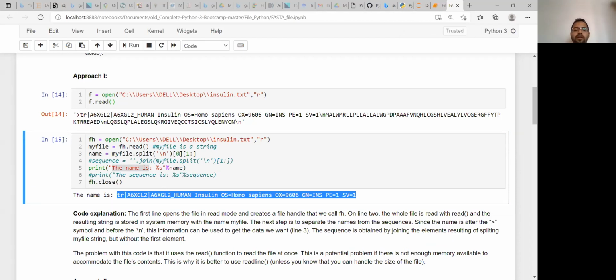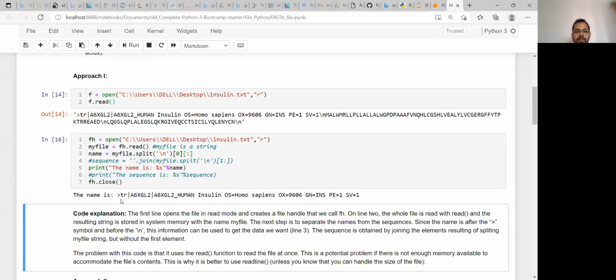When you are practicing with this kind of code, you can play with these values. If you are in a confused state, you can change these things and change the output, so it will be more clear what is going on. Suppose you are using 0, or you don't use anything, only colon. What will happen? Now you can see that everything is printed. Even if you are using 0, you will see the same result, because it is taking the 0th element also, that is the greater than symbol.